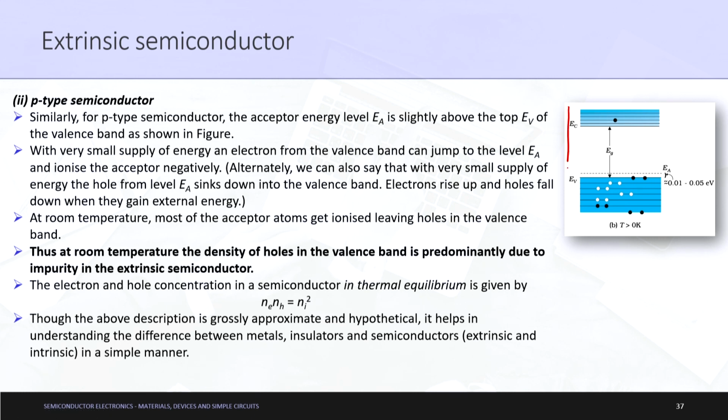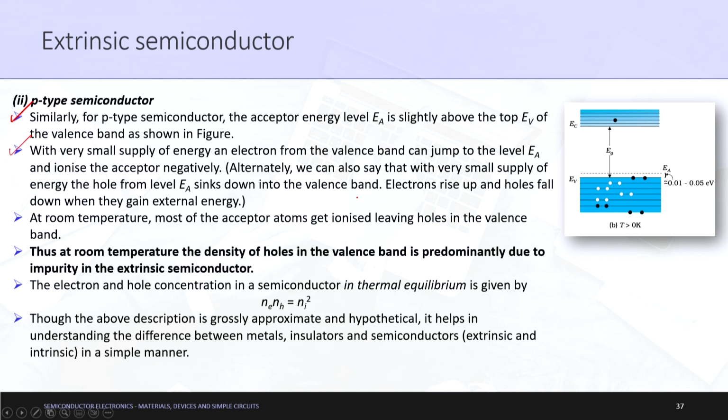So, virtually what we can say is that in some way the conduction band has come down, and this is your virtual conduction band now. With a very small supply of energy, an electron from the valence band can jump to the level EA, which is quite evident because this is a very small value, approximately 0.01 to 0.05 electron volts, and ionize the acceptor negatively. Alternatively, with a very small supply of energy, the hole from level EA sinks down into